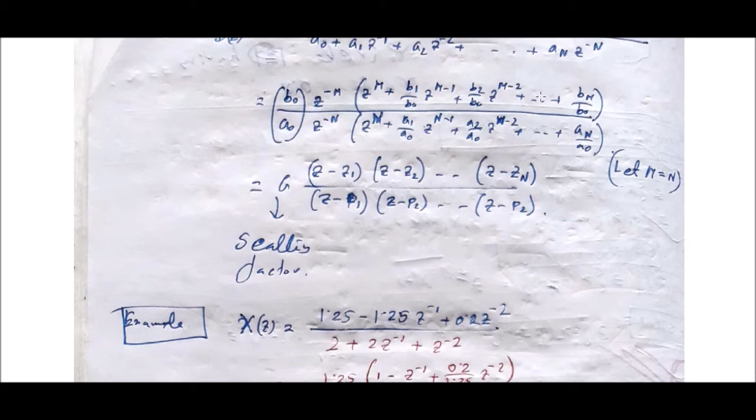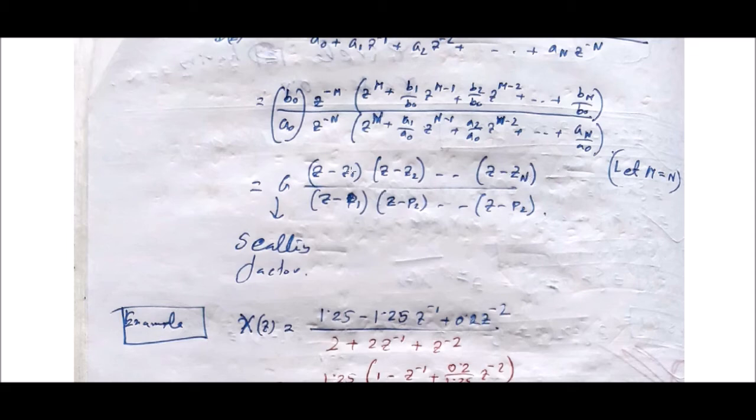Okay, you can factorize the numerator into m number of factors, and you can factorize the denominator into n number of factors. Write it down in this way. Suppose the first factor is z minus z1, where z1 is one root of this polynomial, multiplied by z minus z2, another root of the polynomial, and so on up to z minus zn, because n and m are equal.